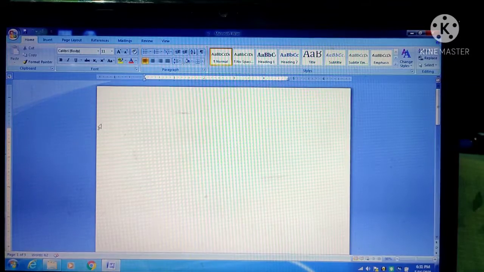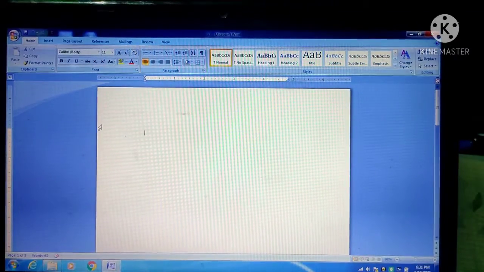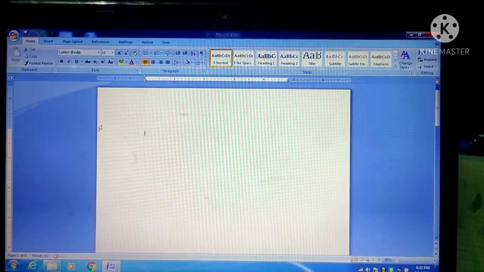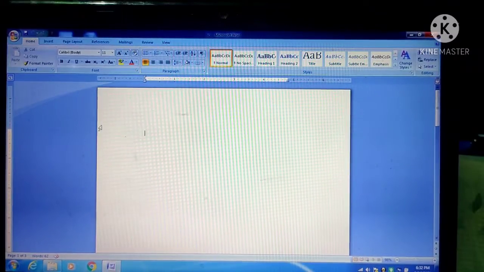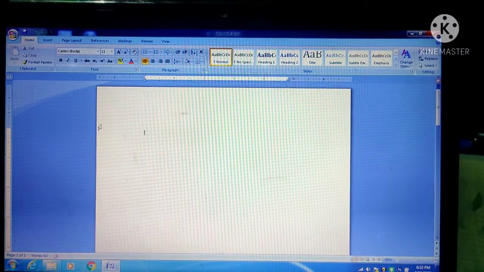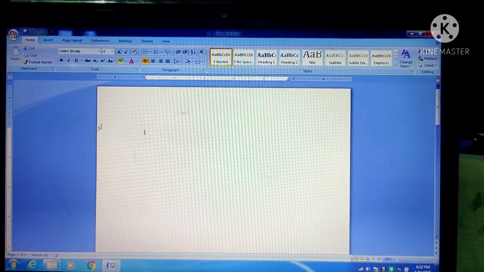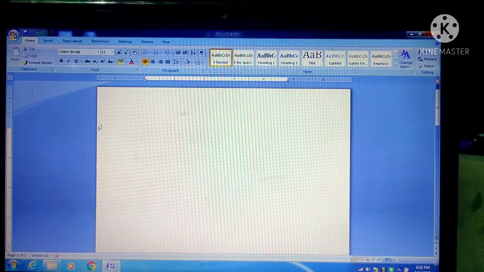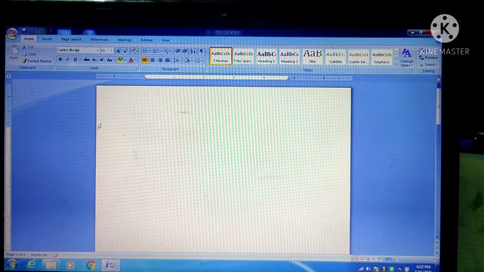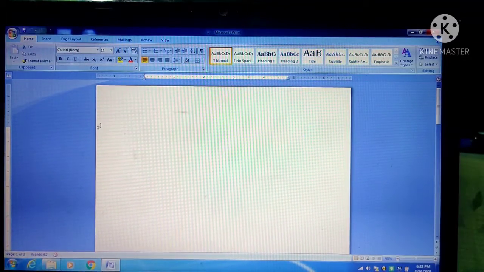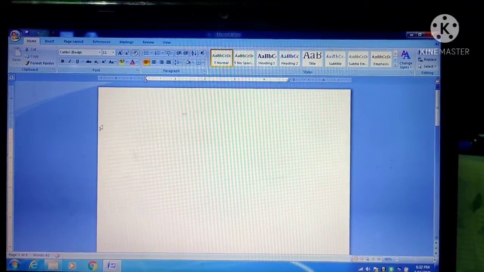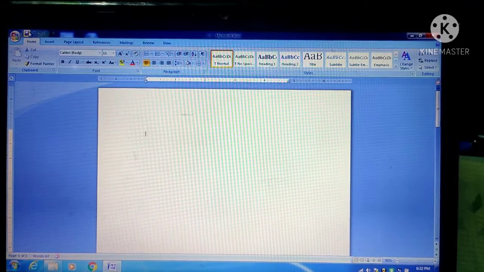Today we will carry on with our remaining features of MS Word. Almost we have completed this chapter. We have learned about the paragraph formatting and we are doing the page formatting now. In our previous class we have studied how we can change the page size, what we can do with the page orientation, and how we can set up the margins of the page, etc. Today we will do some more settings in the page, and let us see how we can do it.